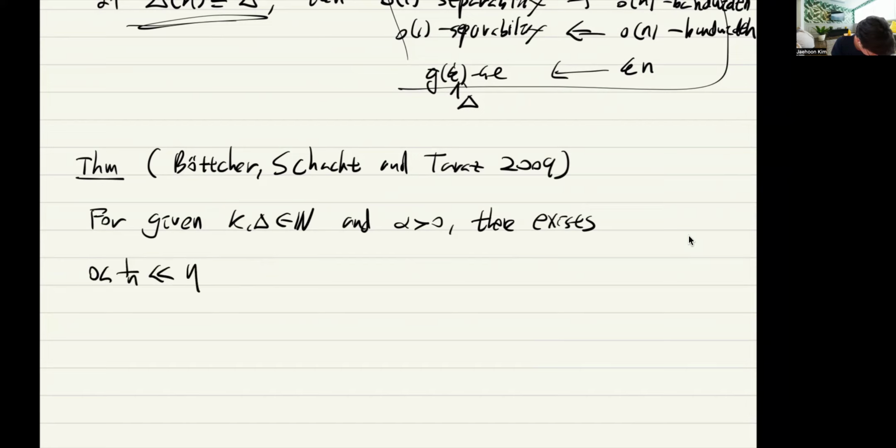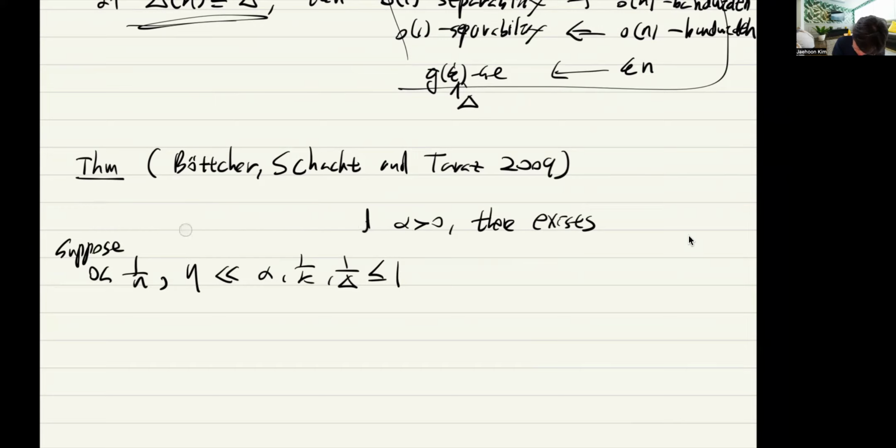So assume 1 over n is much smaller than eta, which is much smaller than alpha, 1 over k and 1 over delta. This is the same as saying for given alpha, k, and delta, there exists eta 0 and n0 such that if n is bigger than n0 and eta is smaller than eta 0, then the